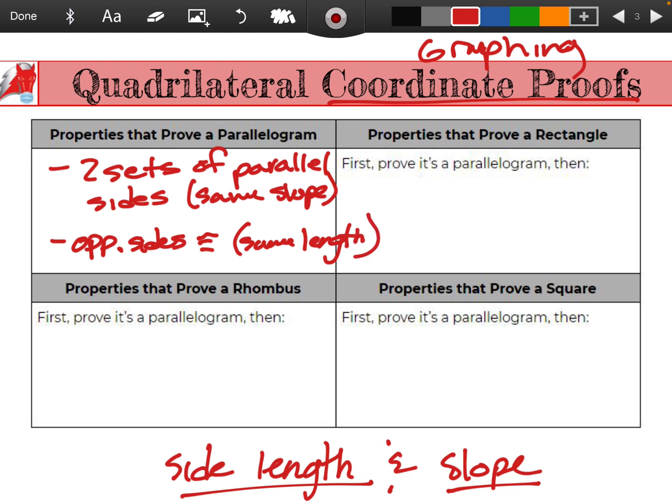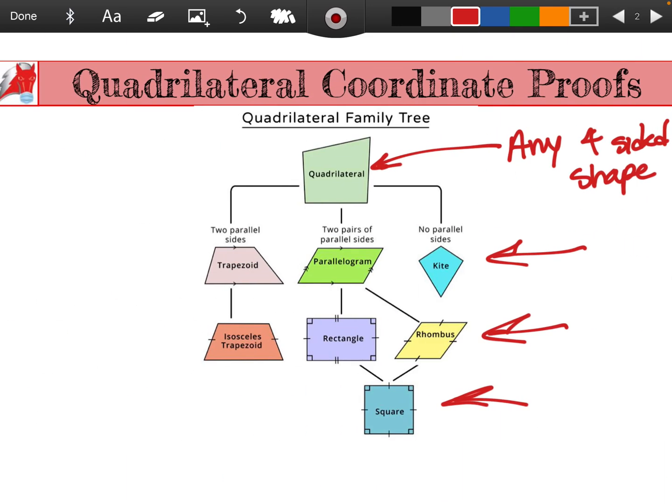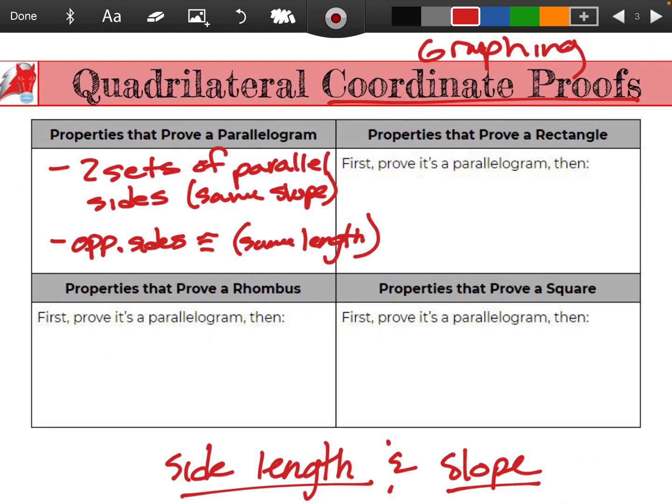Now, if I want to go past that, I obviously need the parallelogram, like that. You need to see that you have sets of parallel sides and angles, but I need to add, so if I was going to make it a rectangle, just like I had here, the thing that distinguishes a rectangle from a parallelogram is the 90-degree angles. Well, how do I use slope or side length to show that? Oh, well, if I have 90-degree angles, meaning